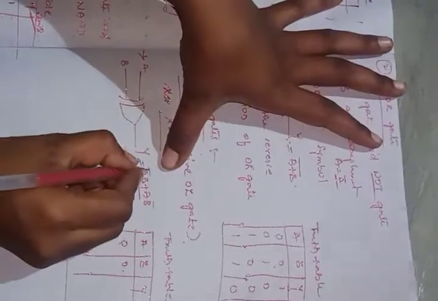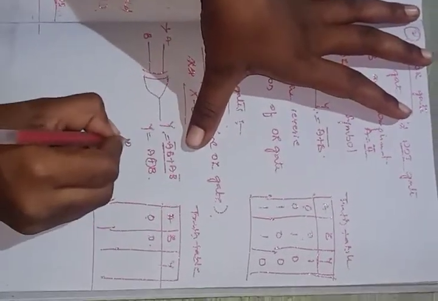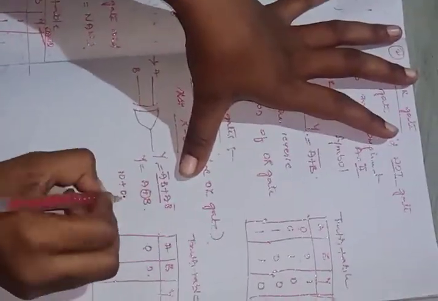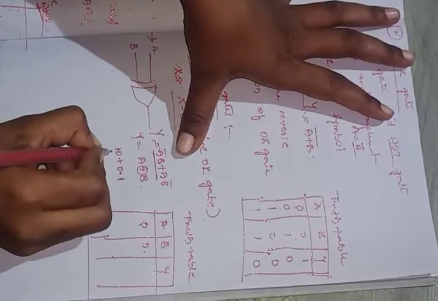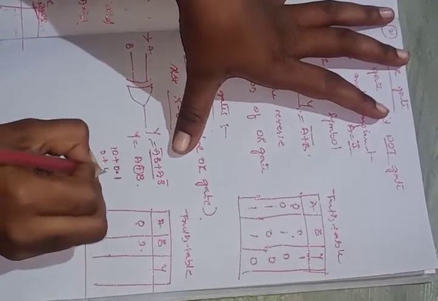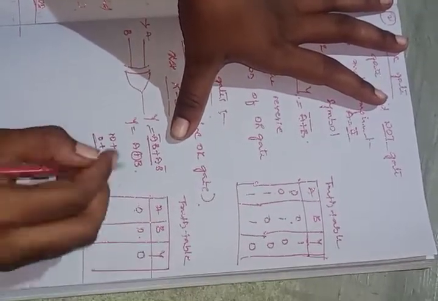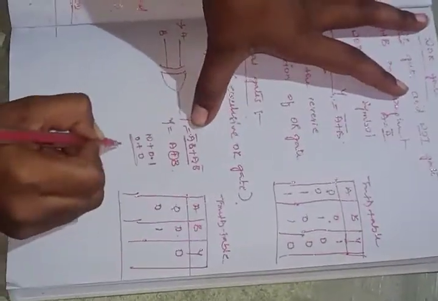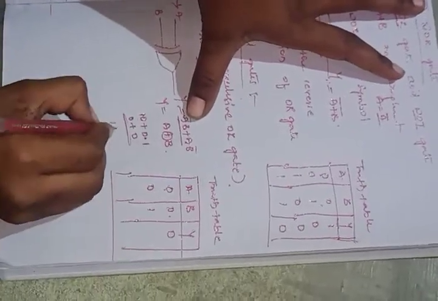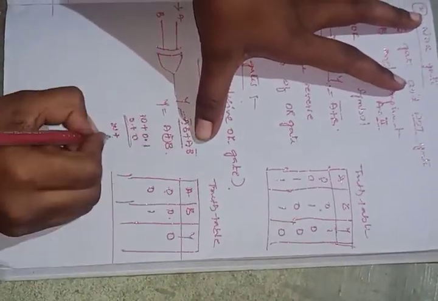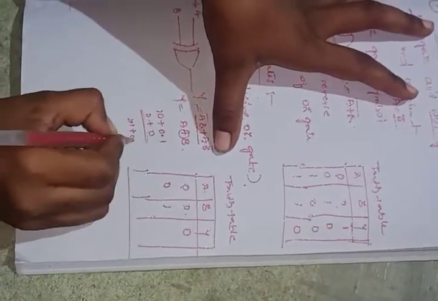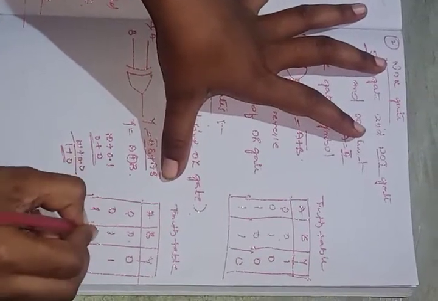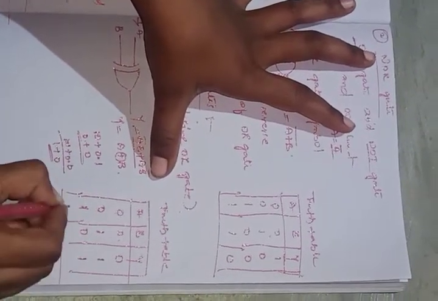A is 0 means A bar is 1, into B 0, plus A 0 into B bar 1. 1 into 0 is 0, plus 0 into 1 is 0. So output is 0. When we take 0 1, A bar means 1, B is 1, plus A 0, B B bar. So 1 plus 0 means 1. Then 1 0 gives 1. Same reverse operation, 1 1 gives